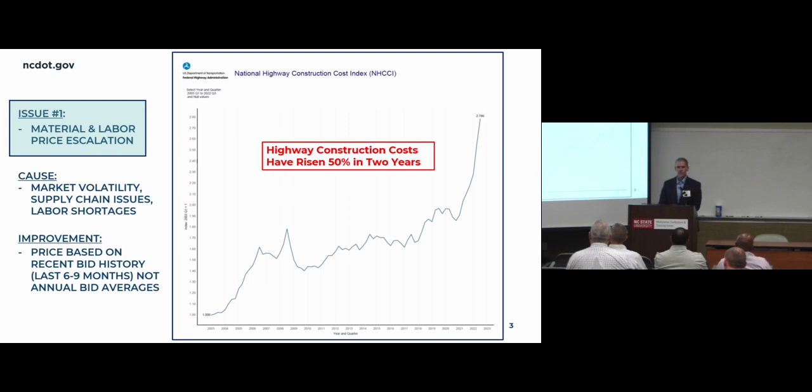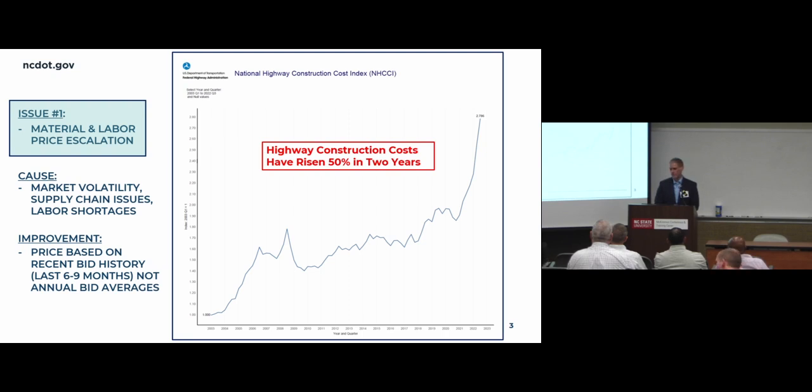You can really see this illustrated in the graph on the right here. This is the National Highway Construction Cost Index, published by the FHWA. And this is the index over the last 20 years. And if you look to the far right-hand side, like right here, you see a dip. That represents the third quarter of 2020. And in the 2 years since that third quarter dip, construction costs have increased 50% according to this index. And that has certainly made estimating a challenge and has contributed a lot to the increased cost of our projects